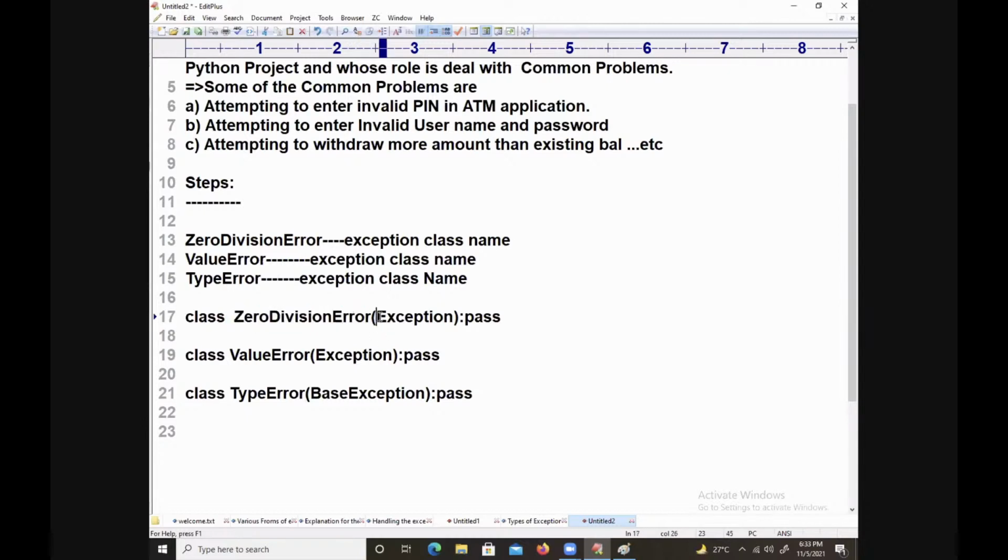And that class must inherit the features from either the exception class or from the base exception class. You must inherit it. So ultimately, we are inheriting from exception or from base exception. Are you able to understand my points? Right, my dear students.